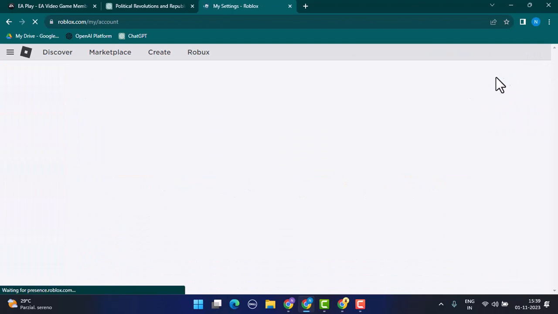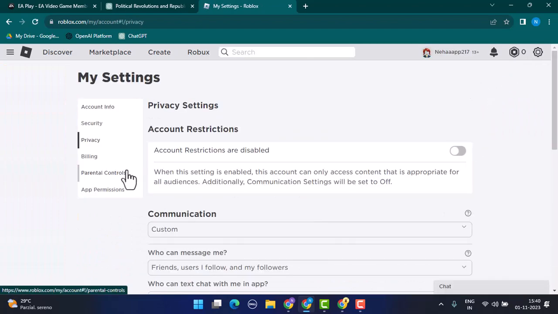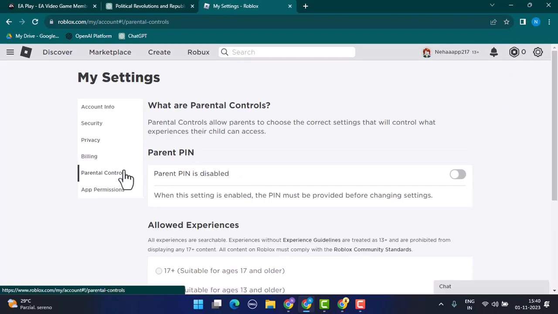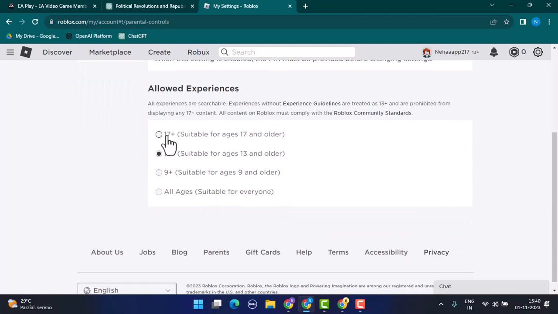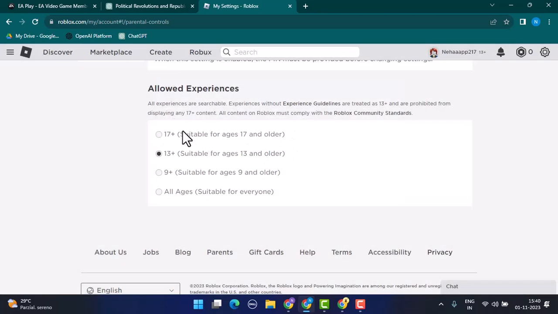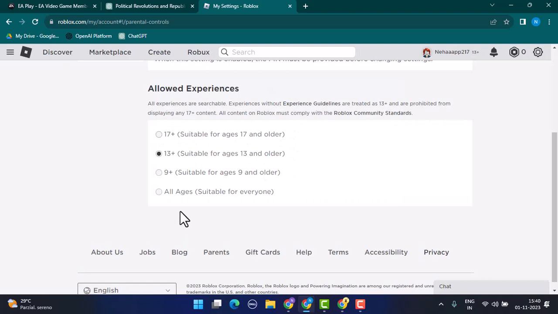go to settings. After that, it's going to take you to the settings page. Right on this page, go to parental controls from the left hand side bar. After that, make sure that you disable parental pin, and make sure that you have selected that you're above 13, that you're 17 plus. After you've done that, you can just log out of your Roblox account,